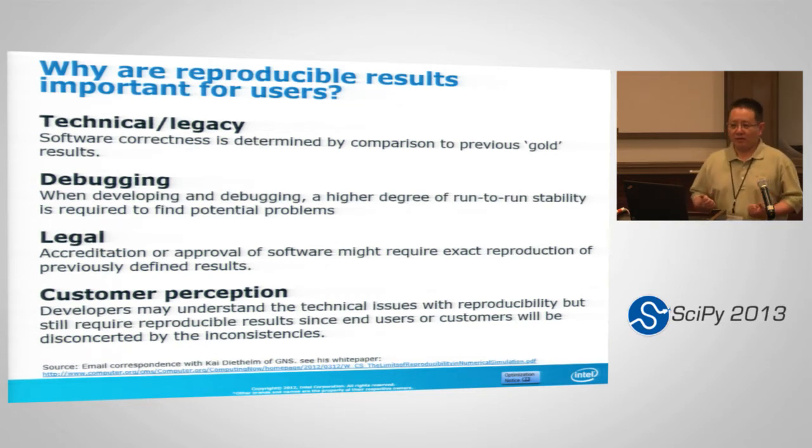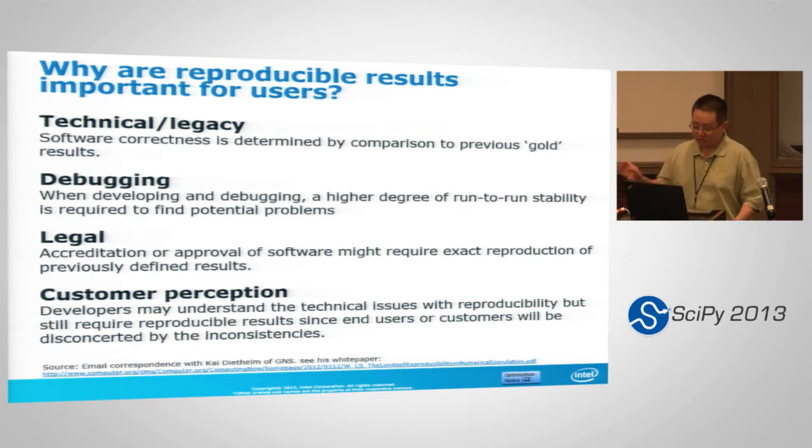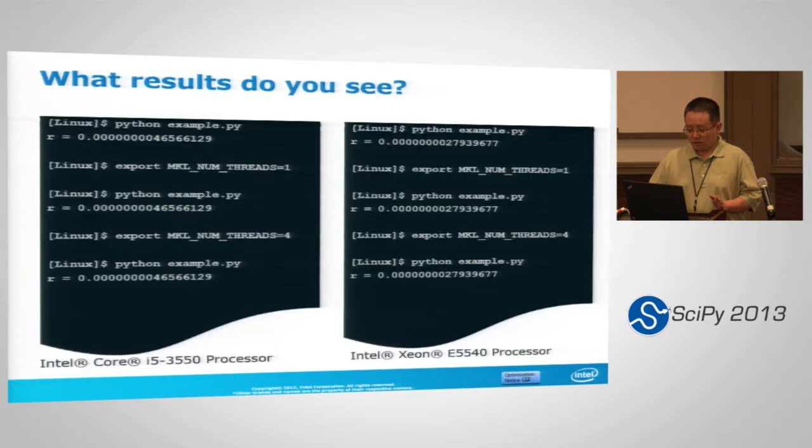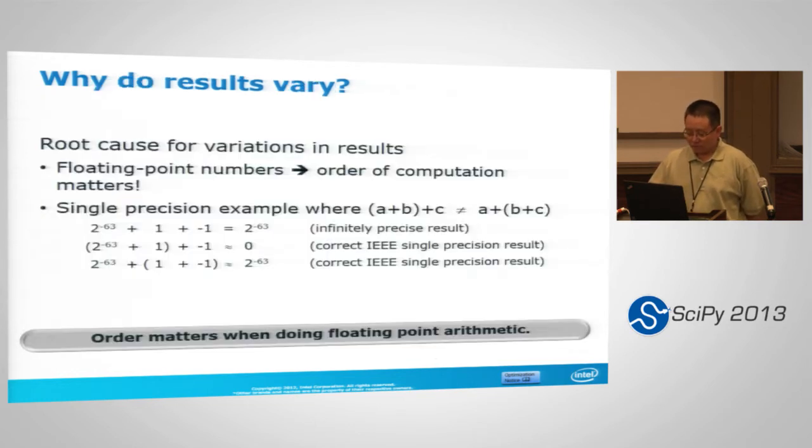So they just don't like the fact that the results may vary from processor to processor. Okay, so these are the reasons. By the way, this issue is 100% purely about reproducibility. It has nothing to do with accuracy or precision, etc. Like the results we saw earlier, both results are correct, are accurate, right? But they are different. We're not talking about accuracy. We're not talking about machine epsilon, those kinds of things. We're just talking about how to get bitwise reproducibility.